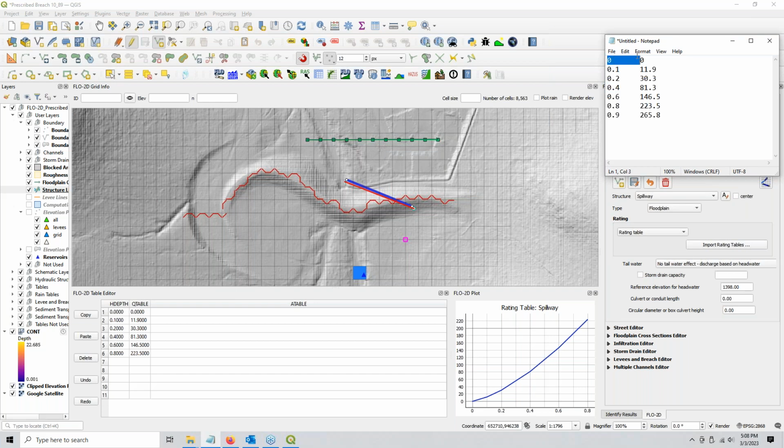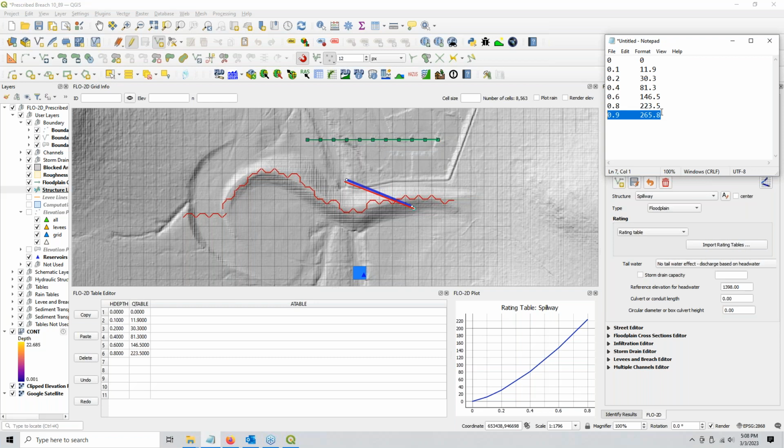And it always has to start at 0 depth, 0 discharge, and then this is 0.1 feet over the crest of the spillway, and this would be the discharge through the spillway, 0.2, and of course if you're using metric, convert that into metric, and make sure that your final depth and discharge relationship is going to be slightly above the design of the spillway,